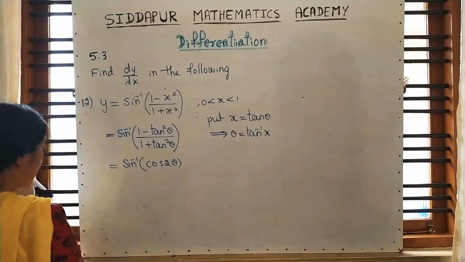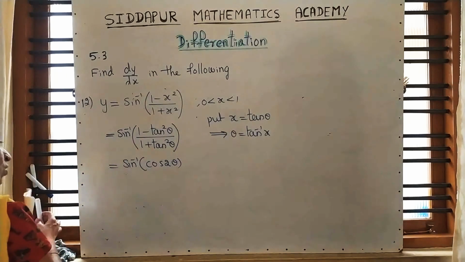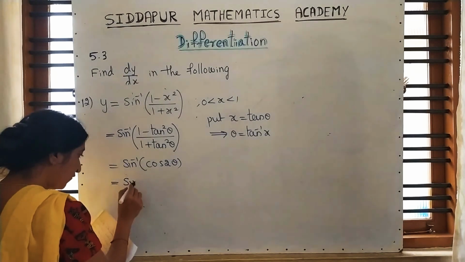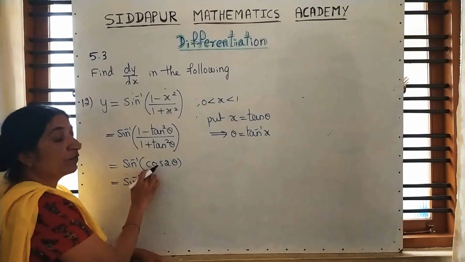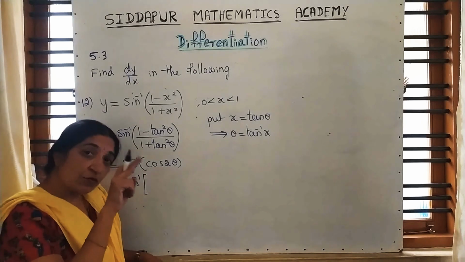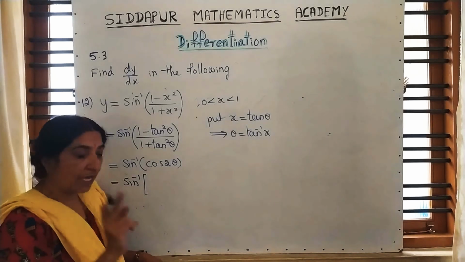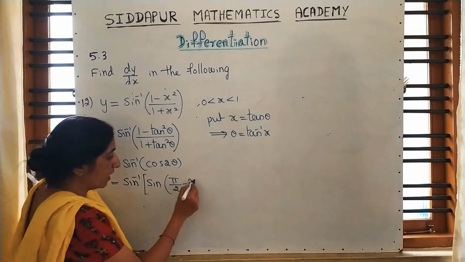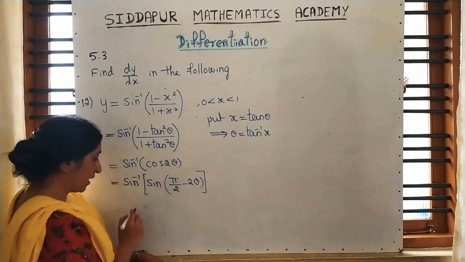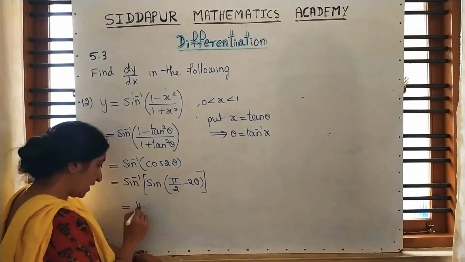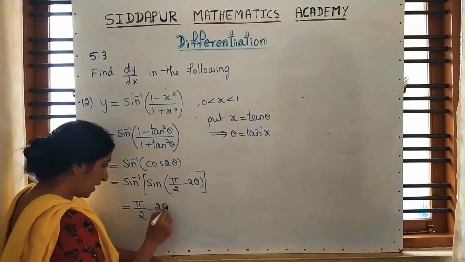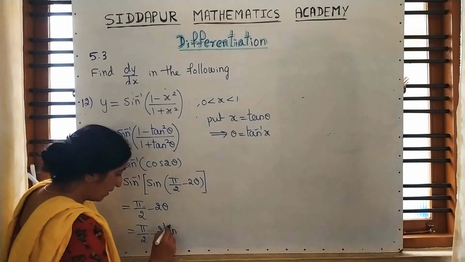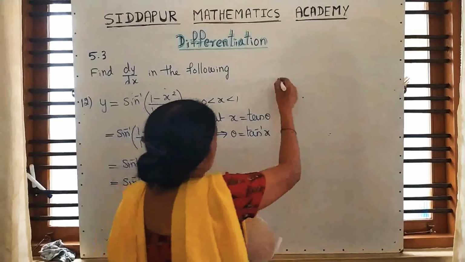And in inverse trigonometry we have a formula for sin inverse of sin theta. It is sin inverse of cos. And listen carefully to whatever I am telling now. I am converting this cos 2 theta in terms of sin with the help of allied angles. Sin of (90 minus theta) is cos theta. In place of theta we have 2 theta. Sin inverse and sin get cancelled. And write down that theta value. What is theta? Theta is again tan inverse x. Now differentiate.